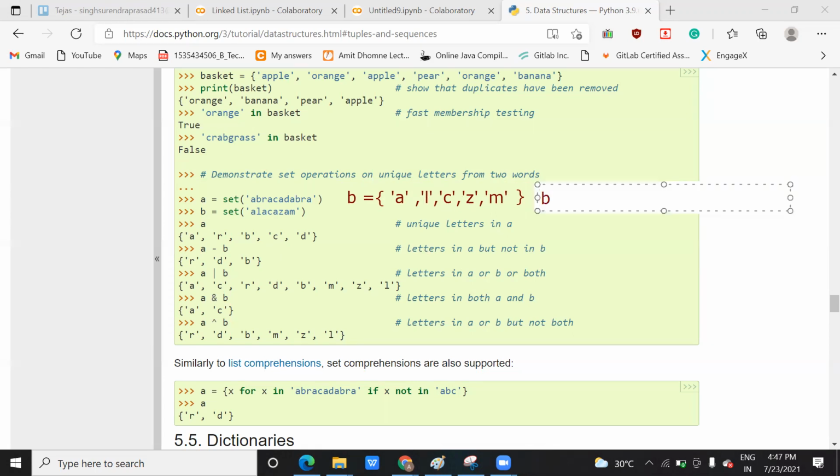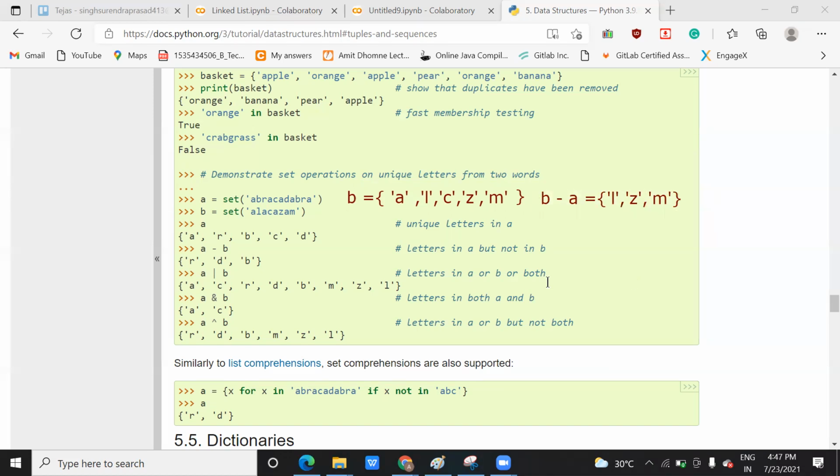When you do this B minus A, the output you will get is the elements of B that are not matching with A, or you can say elements of B that are not present in A. So what are not present in A? Your L, your Z, and your M. Okay, this is the output of this.